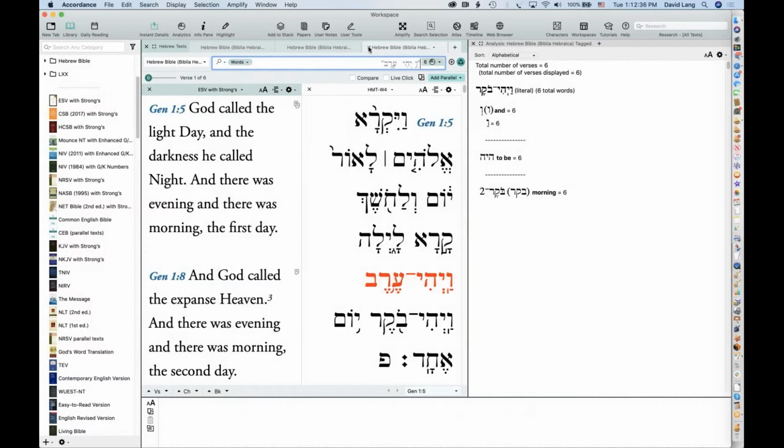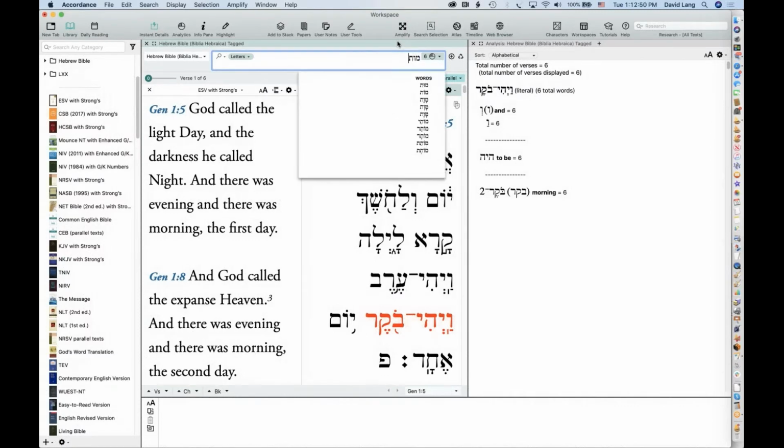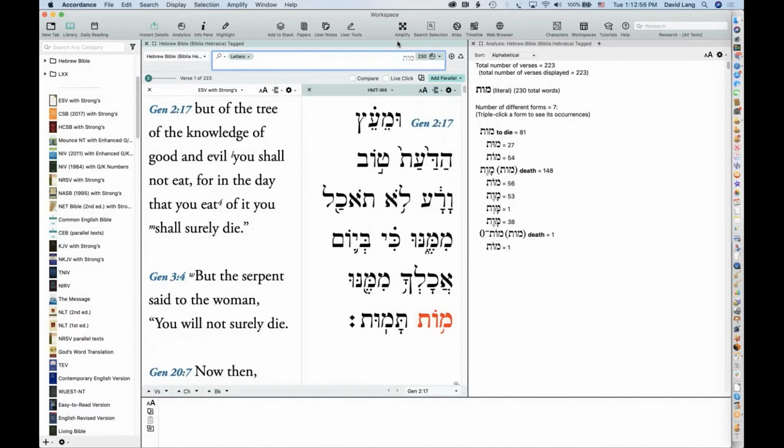Okay, so let's go into a little more in-depth Hebrew stuff. Let's do a search for the Hebrew word moot. All right, so I typed MWT, and the first occurrence that I get is, no, that's interesting.